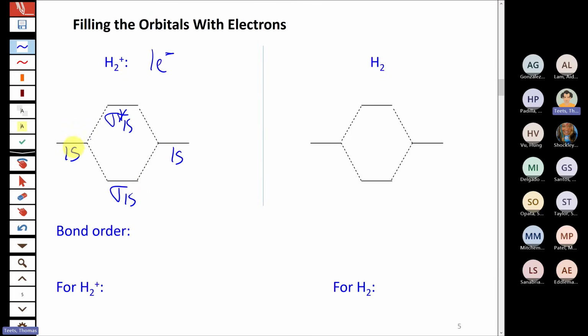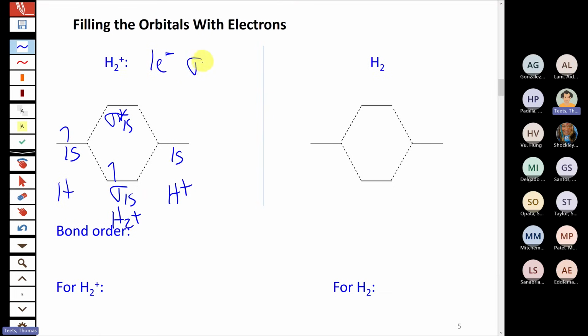So when we populate this orbital diagram with one electron, again, we start with the lowest energy orbitals and fill up. So you don't have to show the population of the atomic orbitals. Technically speaking, if you wanted to, you'd have hydrogen combining with H plus to make H2 plus in the middle. But the part we care about and the part that gives us the information we want is the middle part of the diagram that shows the molecular orbitals. And again, one valence electron goes into the lowest energy available orbital, which is the sigma 1s. So that would be the electron configuration for H2 plus.